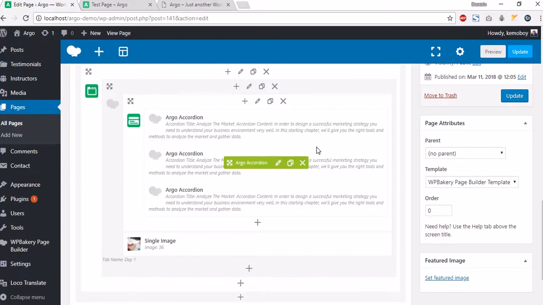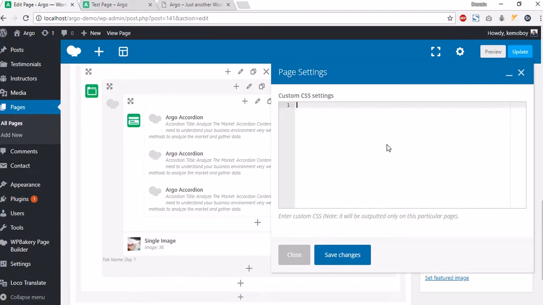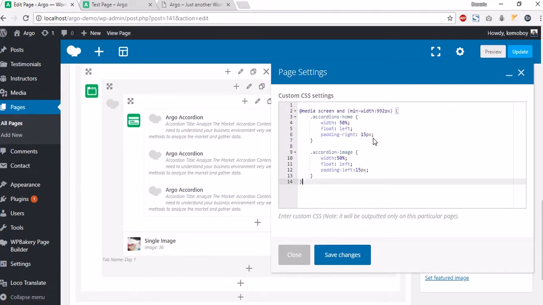So to fix this problem, you have to use a little bit of CSS that I'll show you how immediately. So let's go to page settings, and here you will have to paste this code or write it. I will leave the code in the documentation and in the description below,